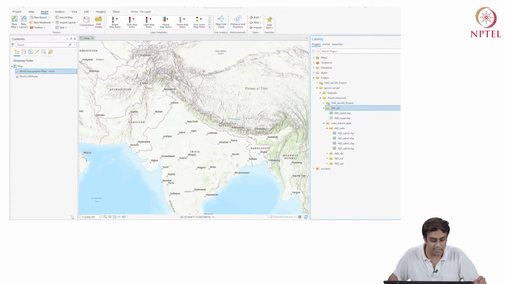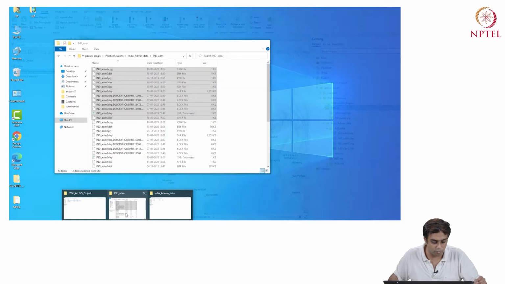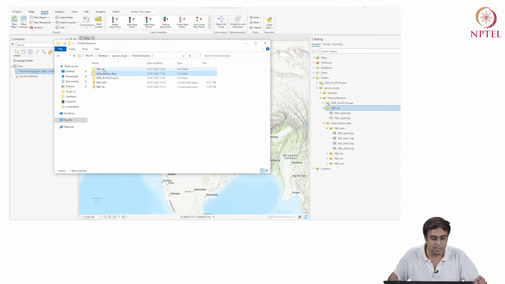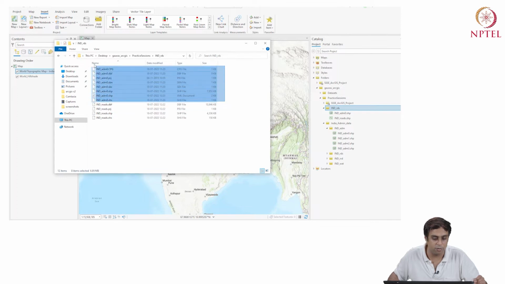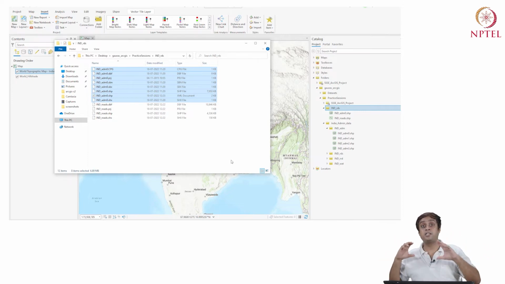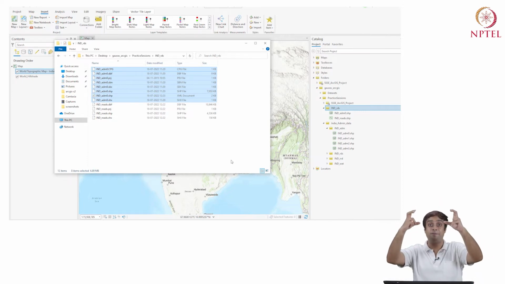This is the ArcGIS catalog. Let's look at the physical folder. I'm going to go to practice sessions and India roads, and it actually brought all the files related to India ADM 0. So when I move files from within Arc Catalog, it's moving the bundle automatically.